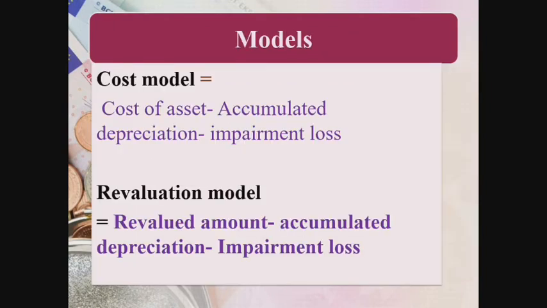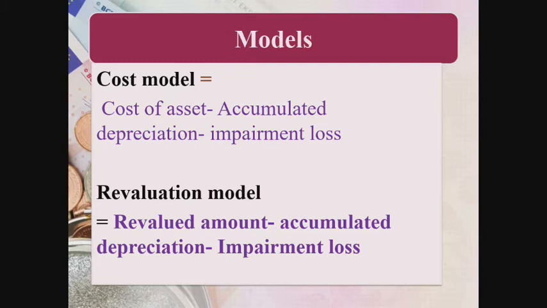We can use two types of model in recording the depreciation. One model is cost model and the other is revaluation model. Under cost model of asset, we use this formula: cost of an asset minus accumulated depreciation minus any impairment loss. With the cost model, the asset is carried at cost less accumulated depreciation and impairment according to International Accounting Standard number